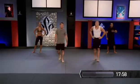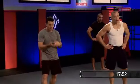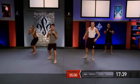Keep it coming up because now we're going to go into round 3, which is the striking to the takedowns. We're kind of starting to mix everything together now, right? We're getting the mixed martial arts happening. So this is going to be a little bit different because we're going to incorporate level change, sprawling, shooting, slamming, and uchimata, which is a judo technique, okay? So let's get ready. Let's get in the stance, starting off with our basic